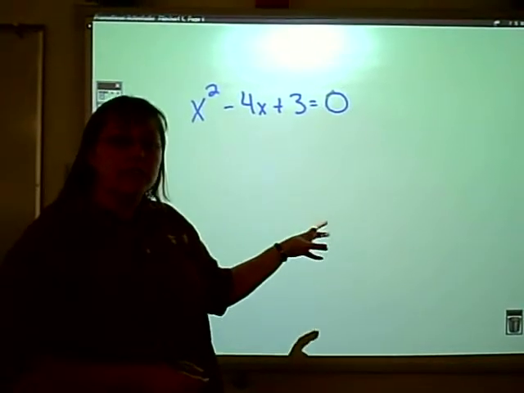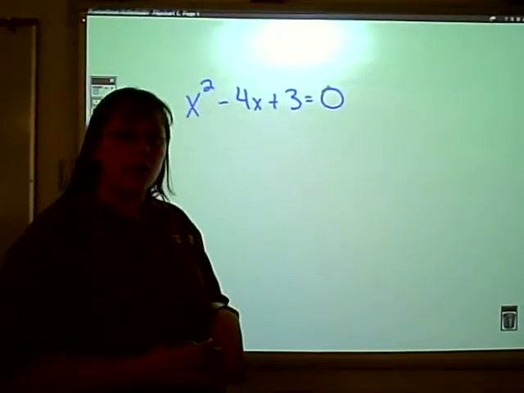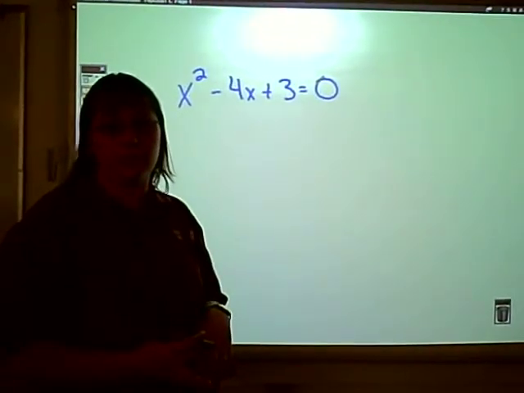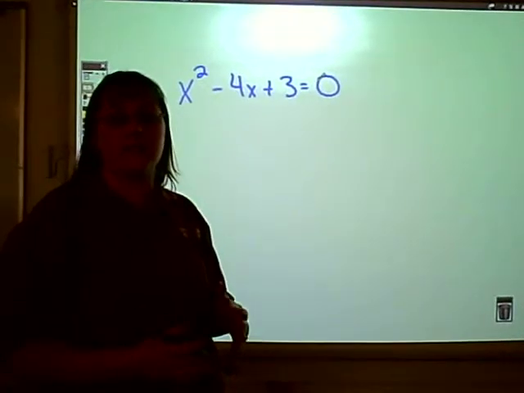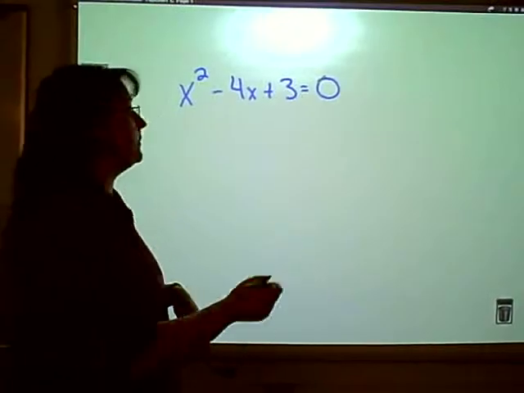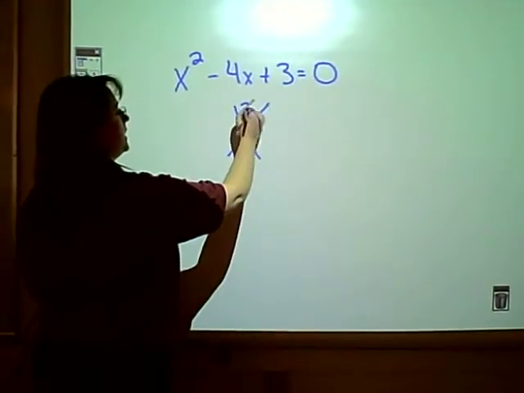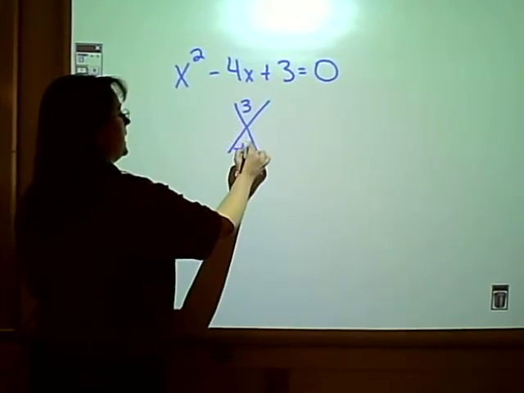If you were at Sparks High School and took Algebra 1-2, then we factored this using a diamond problem and a generic rectangle. If you didn't take Algebra 1-2 from Sparks High, then you have another method of factoring. Use that method. Let's review using the diamond problem and the generic rectangle. With the diamond problem, remember that the constant went on top as our product, and the middle term went down here